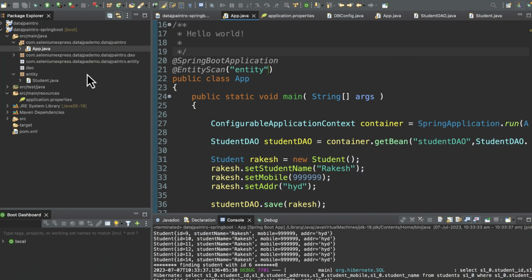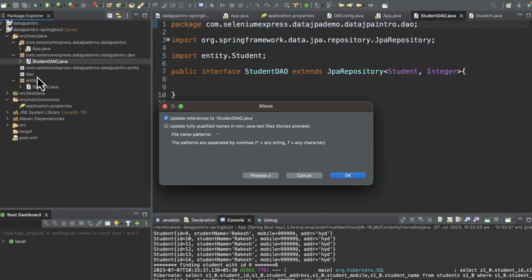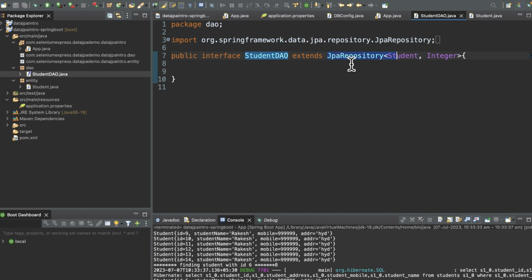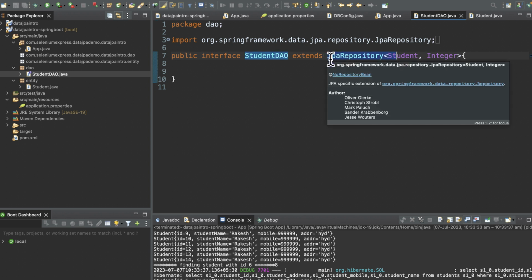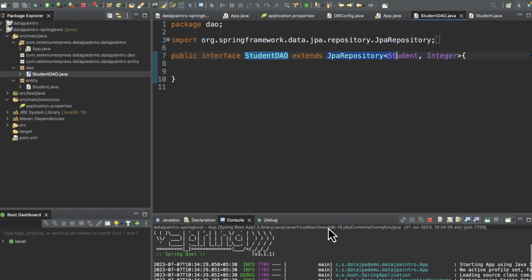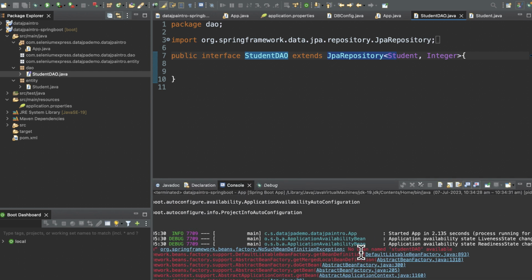Same like that, if you go to the DAO package, and if you move this DAO, now as I said, this DAO is extending the JPA repository, right? This JPA repository is also going to be scanned by Spring Boot, right? How it is scanning, we're going to be talking about that in our future lessons. But if I go to the same application and launch this, I'm going to have problems. See, it is having a problem. No such bean definition called student DAO is available because I have moved it to a different package,